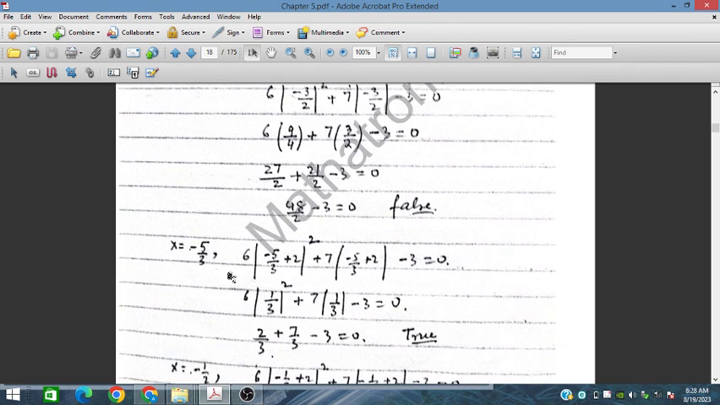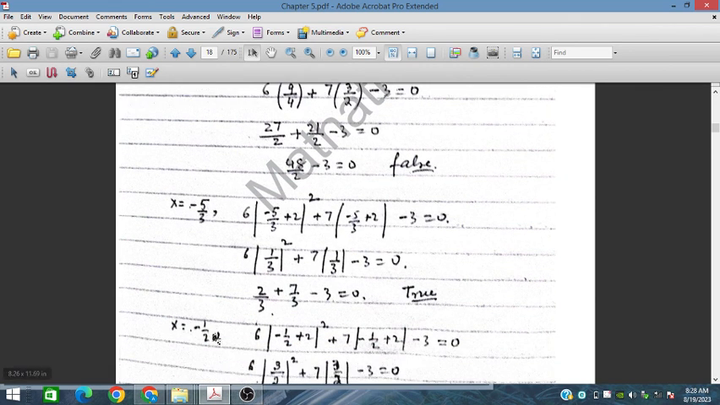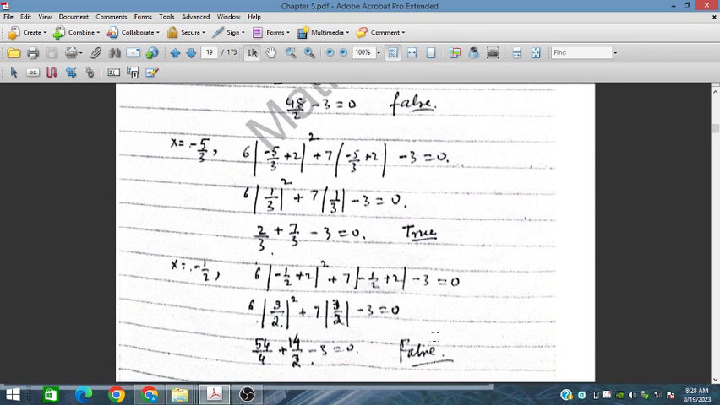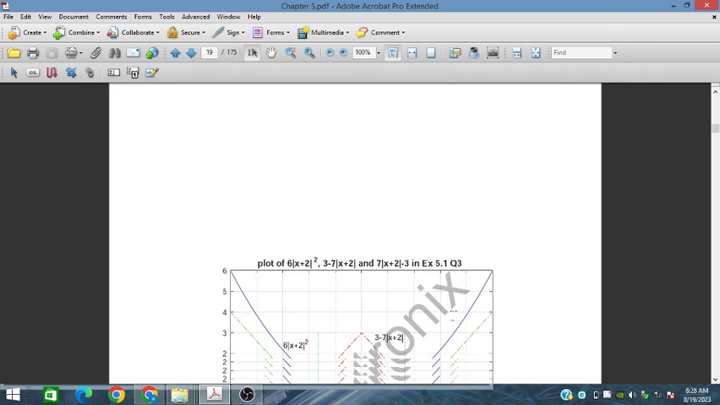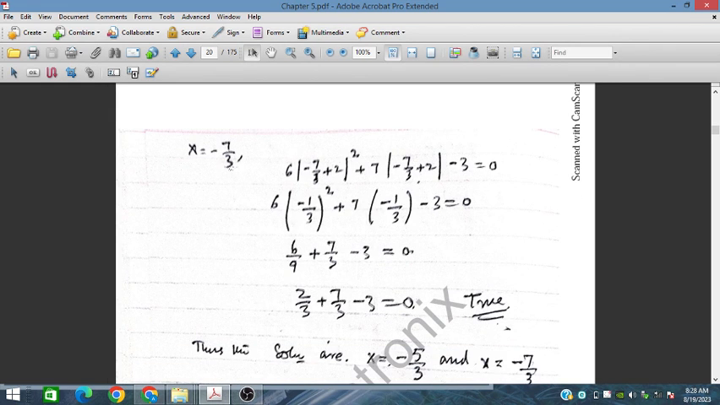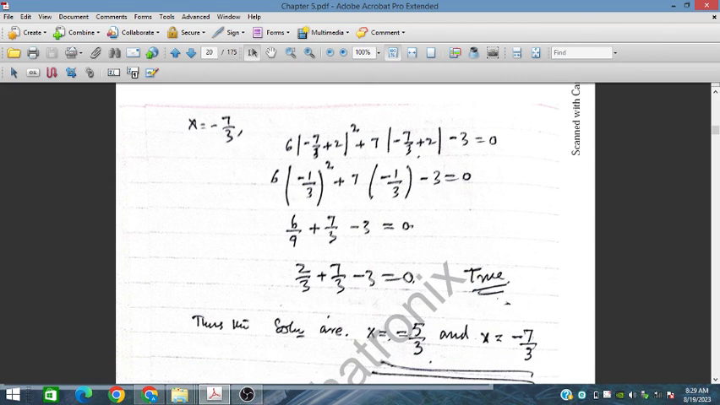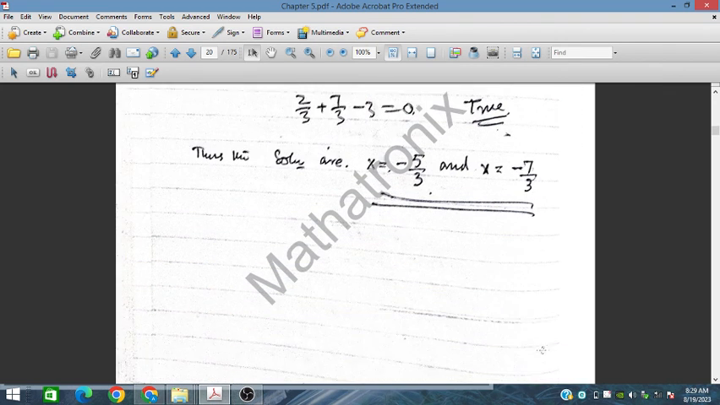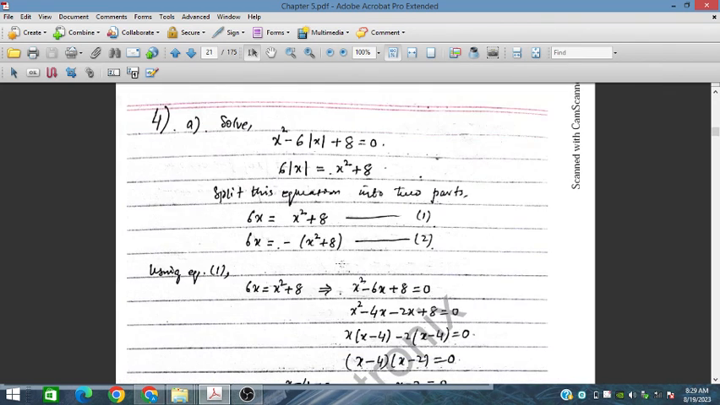Similarly minus 5 upon 3, so it is satisfying. X is equal to minus half, you see that's not satisfying. And the last one, x equal to minus 7 upon 3, is satisfying. Left hand side, right hand side is satisfying the given equation. On placing the values we have this. So our solution is minus 5 upon 3 and minus 7 upon 3, and it is represented